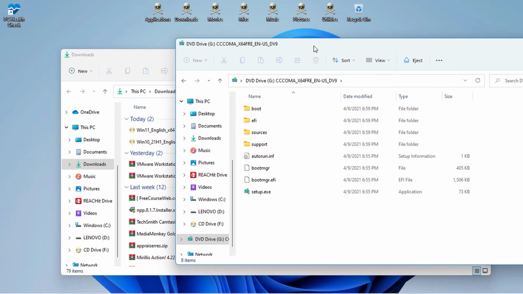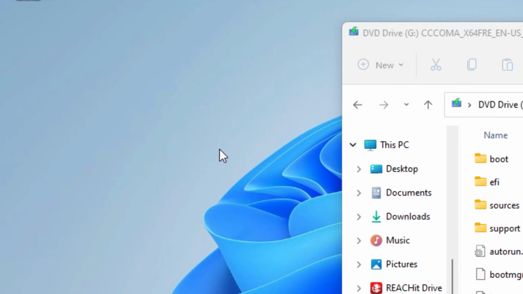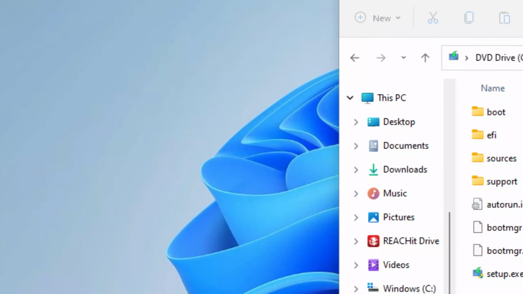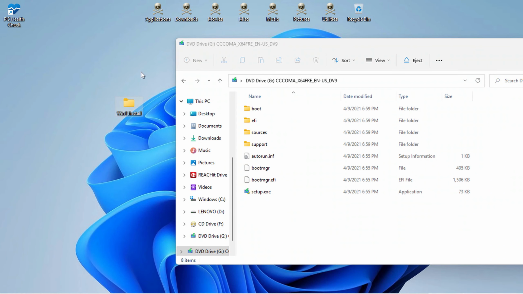Let's create a new folder on the desktop. And copy all the files from the mounted ISO to that new folder.